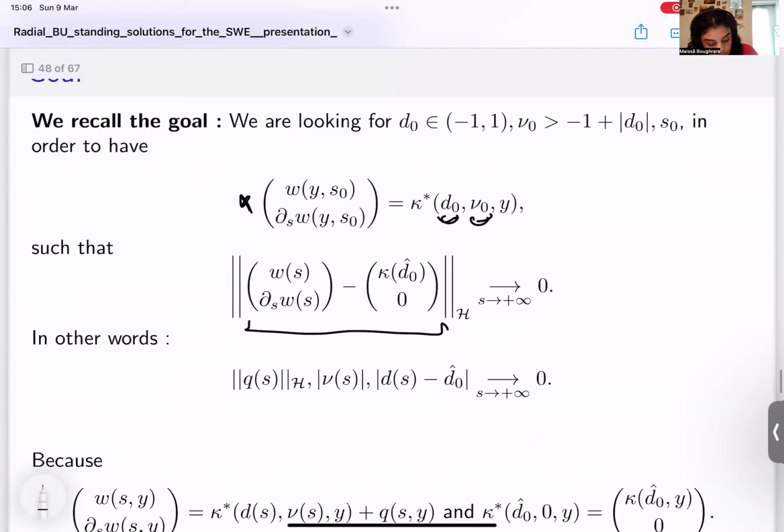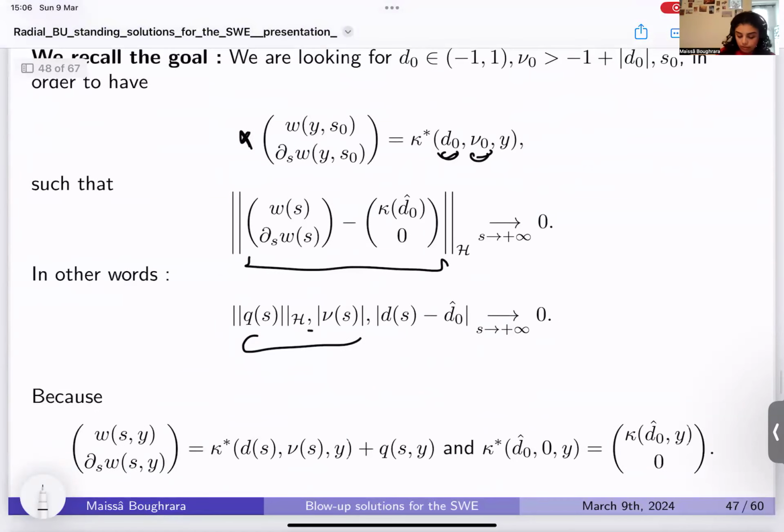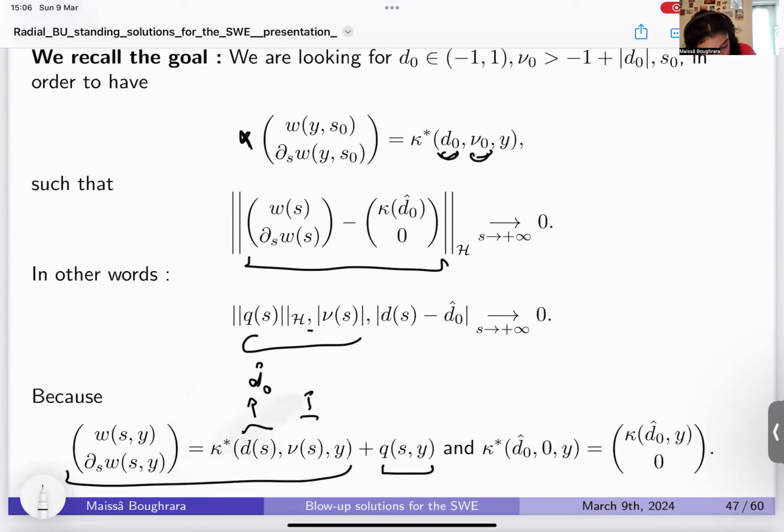In other words, we need to show that Q, nu, and d go to d0 hat and these two go to 0. So I recall that Q is equal to this quantity. So if I have that this goes to d0 hat and this goes to 0, and this one goes also to 0, then I will obtain that all of this,